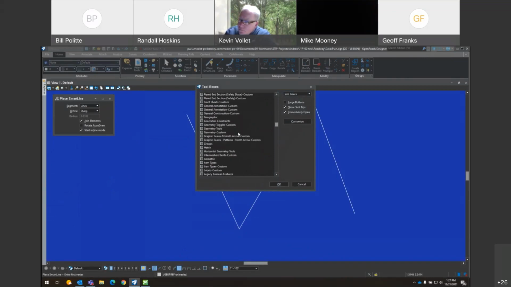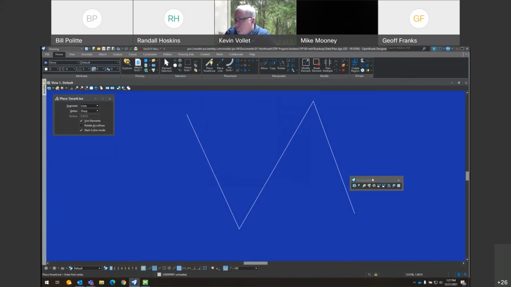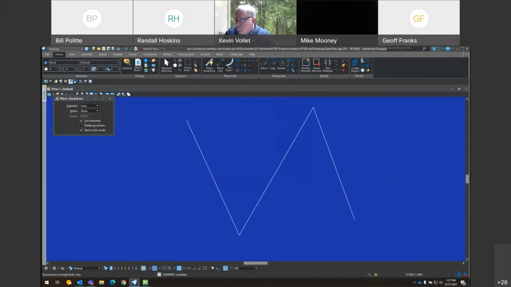So if I go in here and find it, if I can spell it, there's just geographic. So I can just turn that on and dock it wherever I want. It still works the same, docking, but now I could have my geographic tools open all the time. It'll still be in the ribbon, but if I use it more often than not, I can have them docked somewhere.